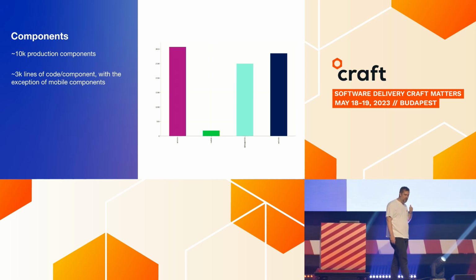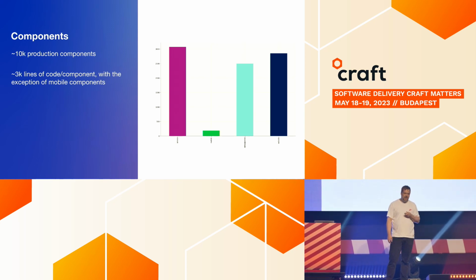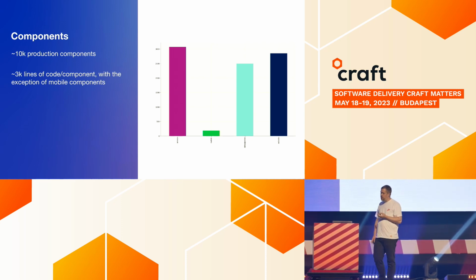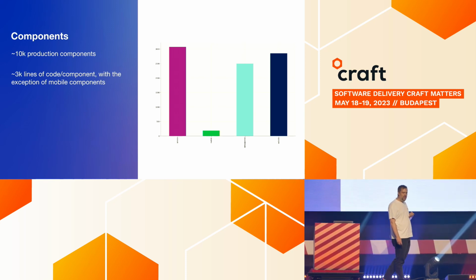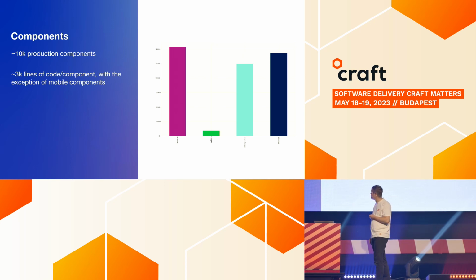The exception is our mobile code base, and that's a bit of a side effect of how we do dependency injection and whatnot on mobile. So you can actually ignore that statistic. It's more due to our infrastructure than the actual code that our developers work with. If you look at a more representative mobile component, it's roughly the same size. So that means as a developer, when you're working on one of these components, those are the 3,000 lines of code that you need to know and keep in your mind as you're working on it, and you can ignore all the other code that we have.